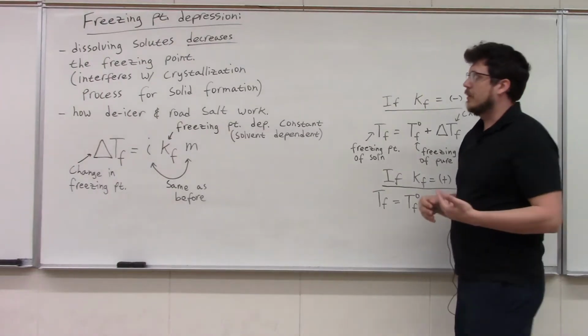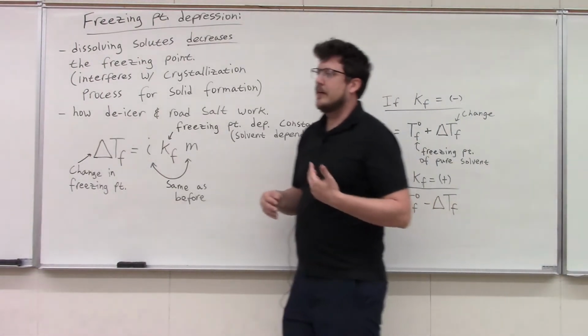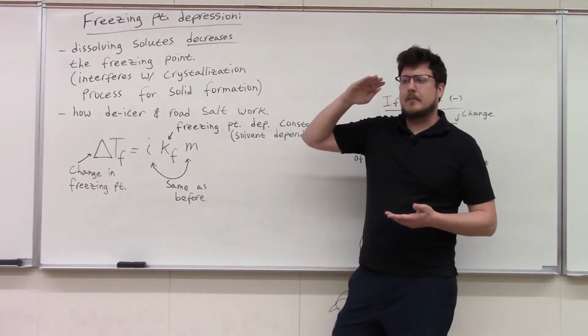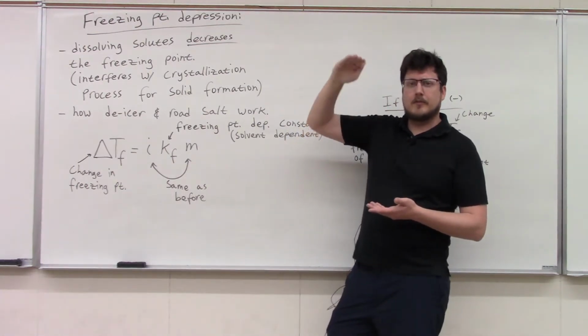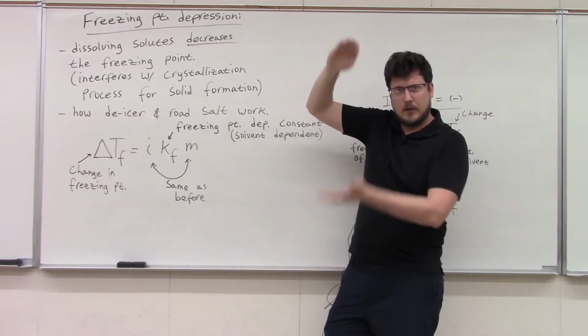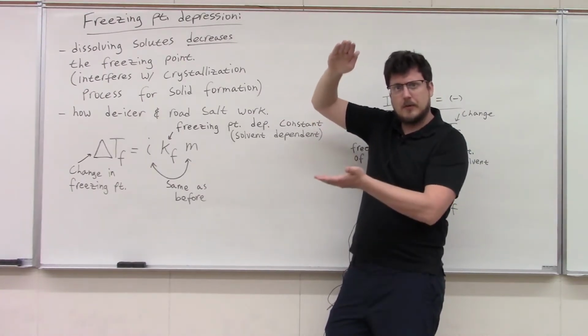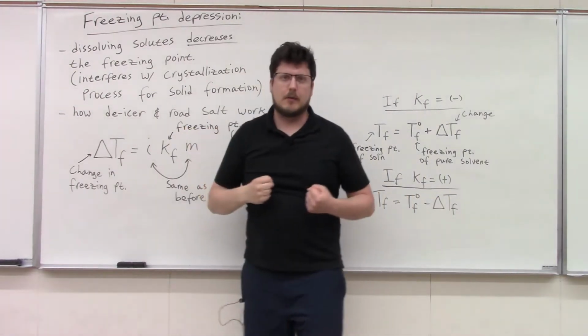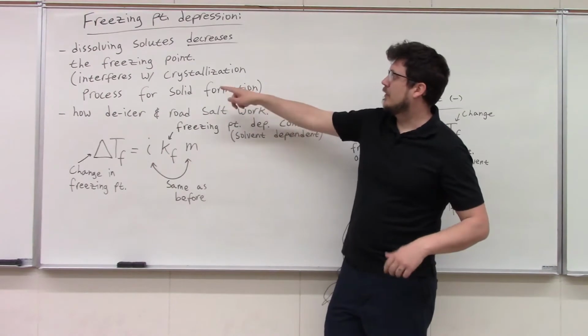So next here we're going to talk about freezing point depression, and it's very similar to boiling point elevation. What's going to happen is boiling point elevation moves up because liquid is favored. Well, freezing points need to move down so that window of what is a liquid opens up in both directions. And the reason for that isn't molecules being held back like the boiling point, it's that the solutes get in